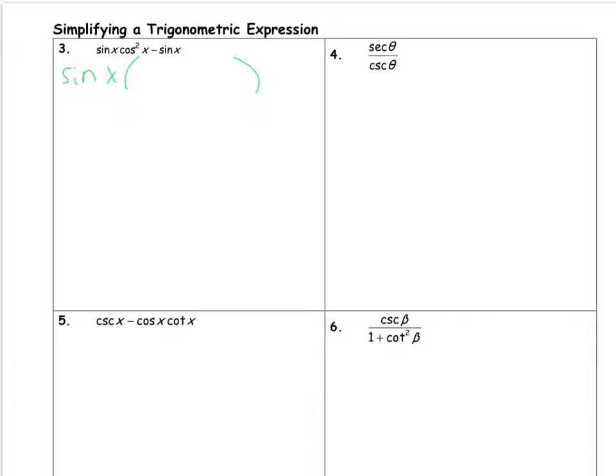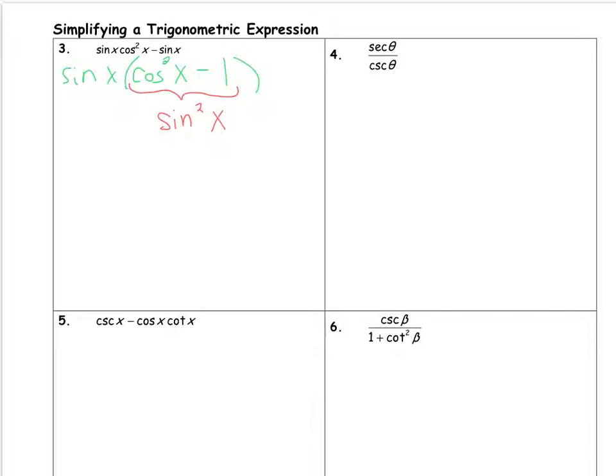If I factor a sine x out, the first part is left with cosine squared x, and then I just have minus 1. Well, that's interesting, right? Maybe not. Maybe. Ooh, wait a second. This right here looks very similar to one of the Pythagorean identities. In fact, it is a Pythagorean identity, just rewritten. What is cosine squared x minus 1? You got it. It's negative sine squared. So I can substitute